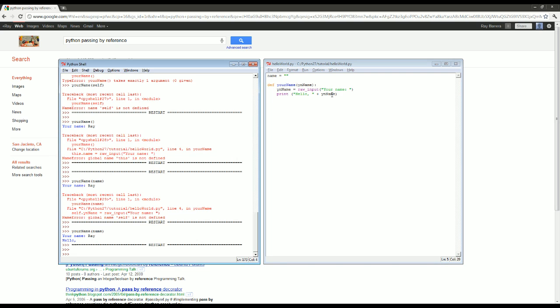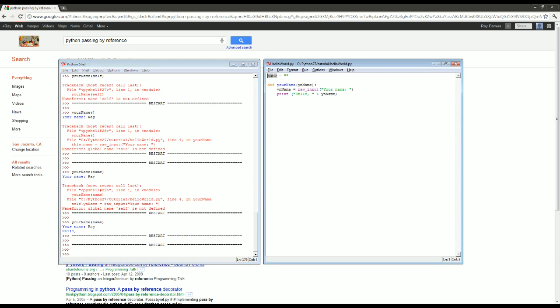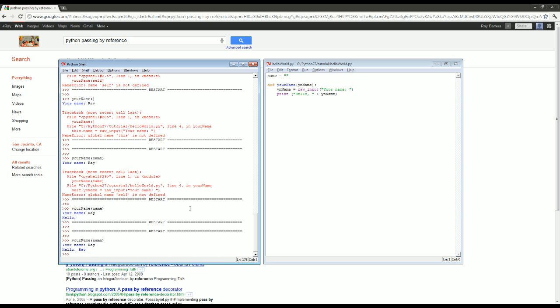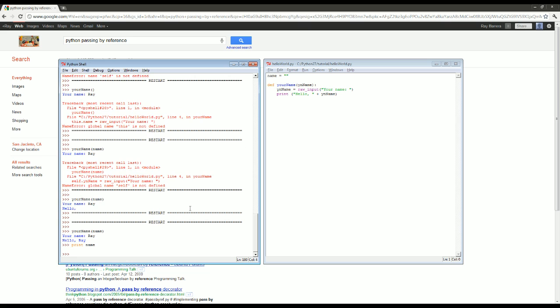So I'm passing that value to it, but you'll notice right away, I mean, it's kind of obvious, you're not going to be changing the value of what's out here. You're not ever returning that value back to it. And I think actually that's what I need to do, but I'll find out real quick. So, again, we'll call your name, yn name, or sorry, name, okay, Ray, hello Ray, and I print name, it's blank, which is fine, it's the original value, and I try to print yn